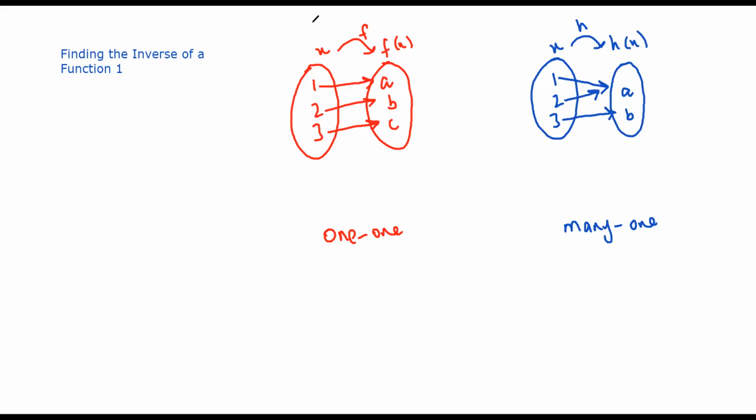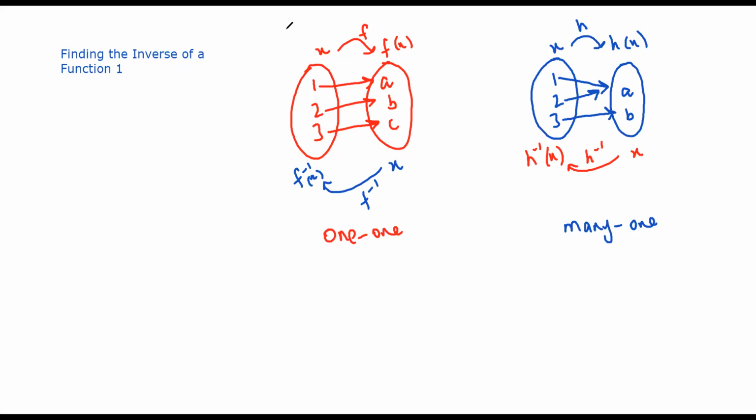Okay, when you write the inverse of a function, what is going to happen is this would be x and this would be f inverse of x. So this f inverse would map x onto f inverse of x. And this over here is going to be x, and this is going to be h inverse, that is going to map this onto h inverse of x. When you write the inverse of a function, the domain becomes the range and the range becomes the